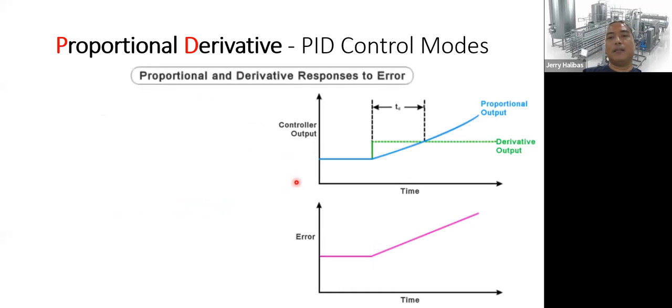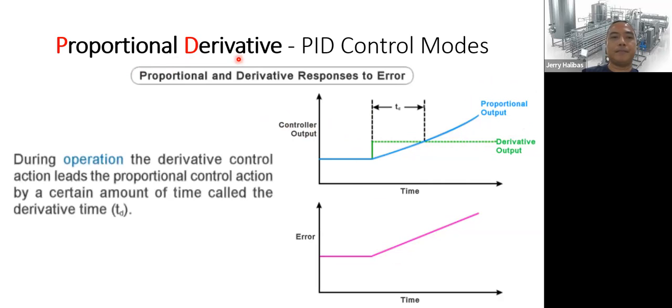So if we look at this, for example, this is our error. Our error is constant for quite some time, then it becomes linear. Then this is the controller output. So there are two outputs, proportional and derivative. The color green is the derivative, then the proportional is blue. Okay? So you may wonder, sir, why two outputs? Because it's a combination of proportional derivative